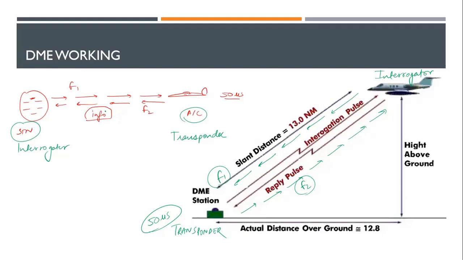There was also something else. Frequency 1 was 1030 megahertz. Frequency 2 was 1090 megahertz. And you remember it was fixed. The difference came in with the allocated code. There was a code, the transponder code. Okay, it could be mode A, mode C. In the case of DME, the frequency remains different. Okay, it will vary. I'll explain the frequency. Frequency F1 and F2 will vary also. But there is no code here. Then what is the difference?